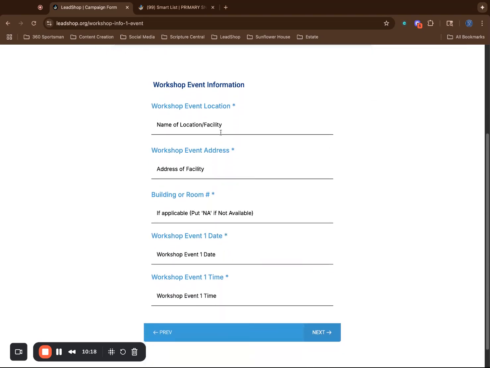Okay, now we're into the location information. So name of the location. So let's do Lincoln Senior Center. I can't type. Okay, workshop event address. This is where you need the full address. So you need everything from the street, Lincoln Street, Lincoln, Nebraska, 8943. Yeah. So make sure you fill out that whole thing there. Don't just give us the street, like give us everything. If there's a room, the Washington room,